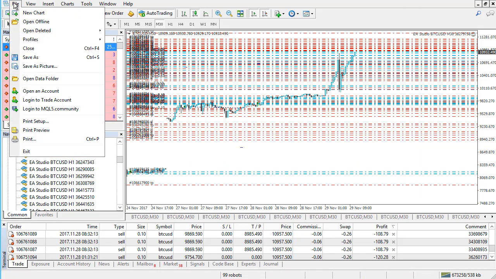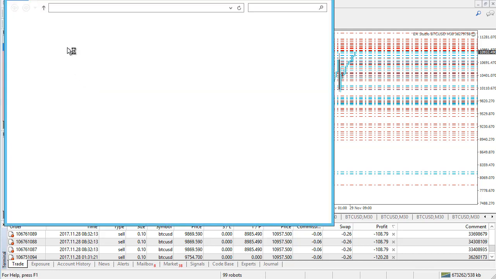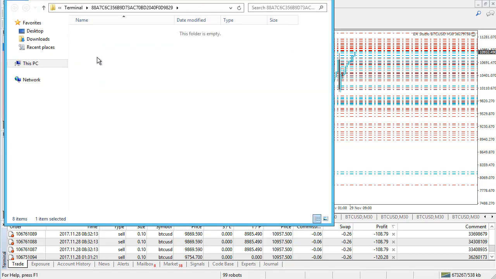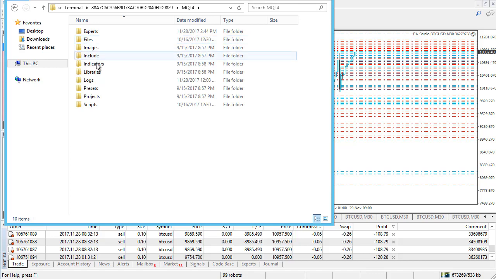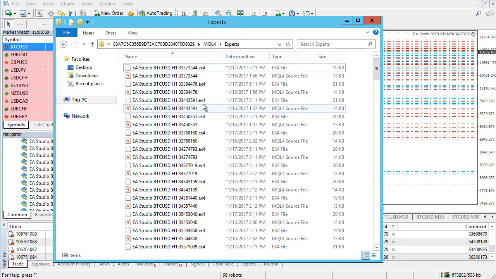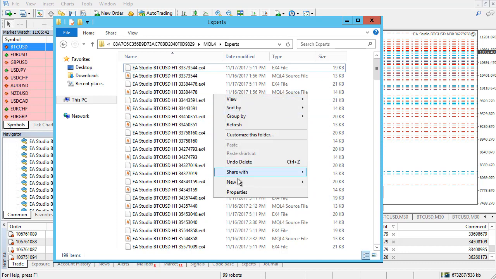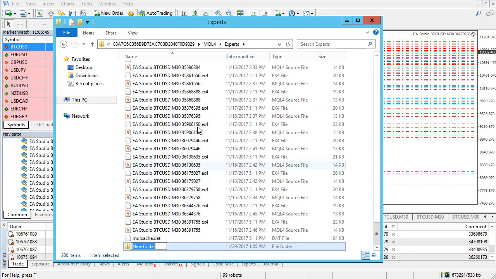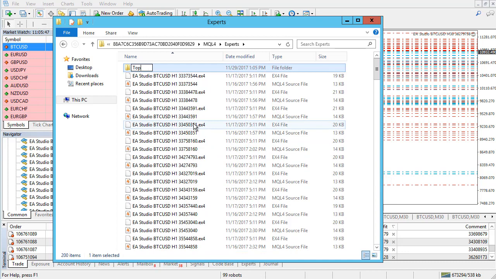I'm going to File and then I click on Open Data Folder, and I am going to MQL4, then I'm going to Experts. You know already that all the expert advisors are in this folder. So what I do, I right click and I create one folder that says top 10, for example. If you decide to trade only the top 3 performers, you will name it like that. It's up to you. So what I will do now, I press Ctrl and F and I write the number